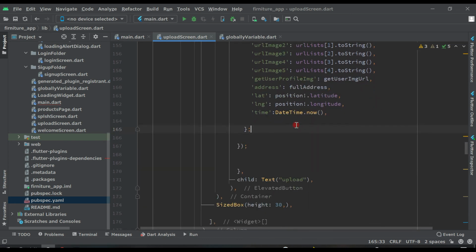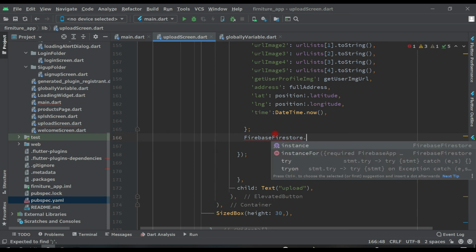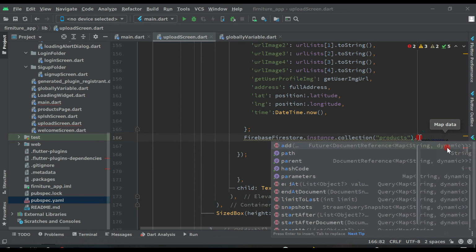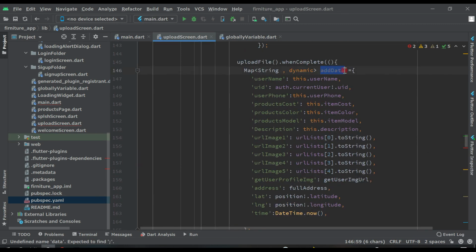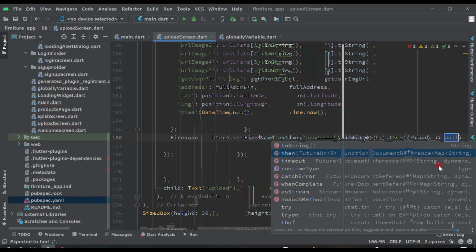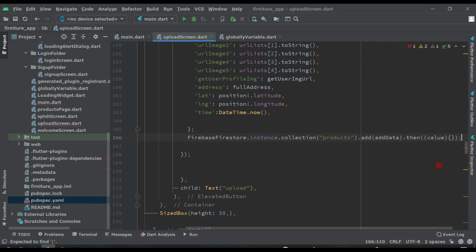So now come here, after this write FirebaseFirestore.instance.collection, and the collection name will be products, which will show in our database, dot add, and the data name will be this one, addData. Then remove this, put two curly brackets, put the ending colon, semicolon.